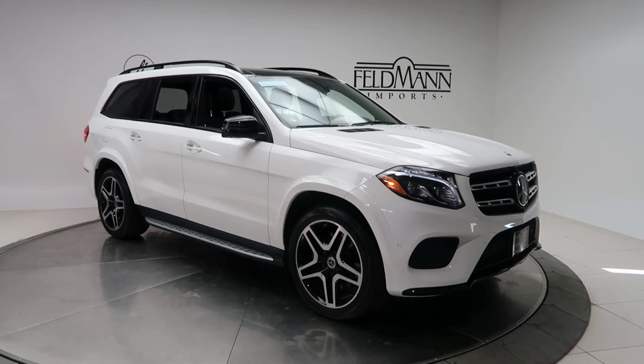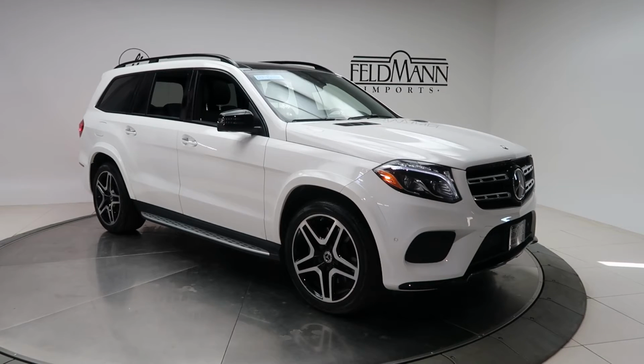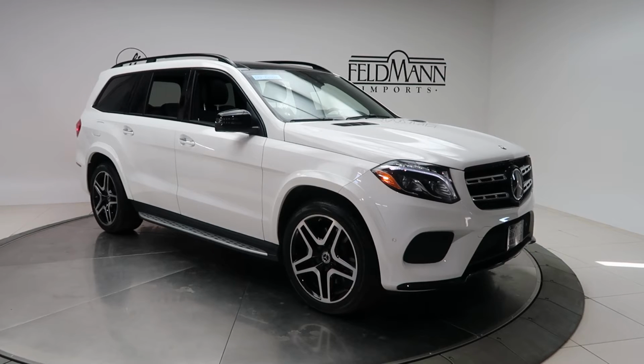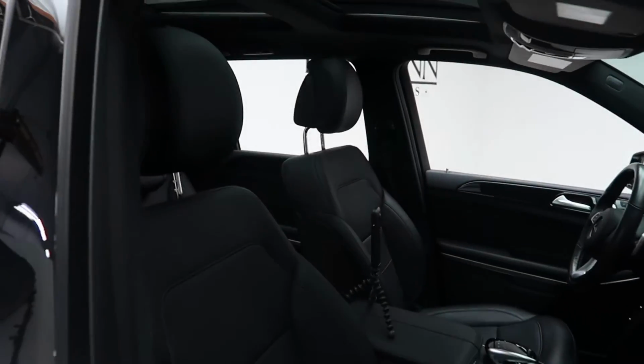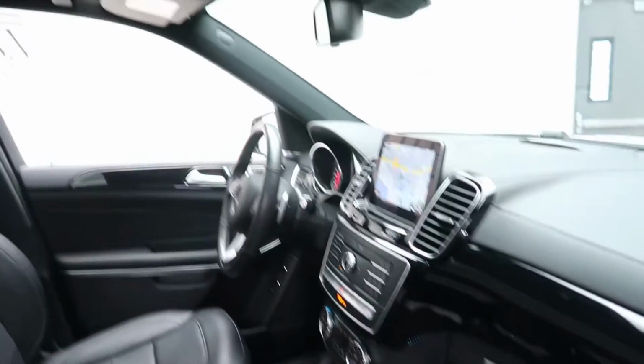This one has the night package with black accents on the front, side, and rear. 20-inch, two-tone, 5-spoke wheels. Tires are in good condition. Brushed aluminum running boards, front and rear LED daytime running lights, black MB Tex interior with a black piano lacquer trim, panorama sunroof,